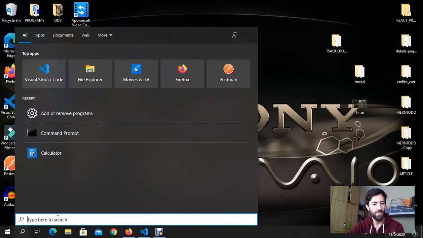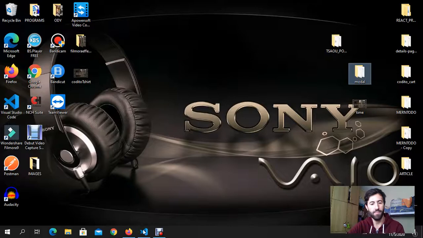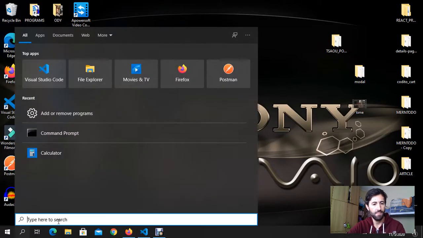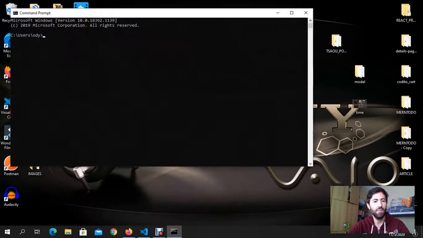Let's go. You can create it directly from your terminal, your app, or from your VS Code. I'm going to use CMD. I like doing it from the terminal. Okay, cd, let's go to desktop. Yes. Then let's write npx